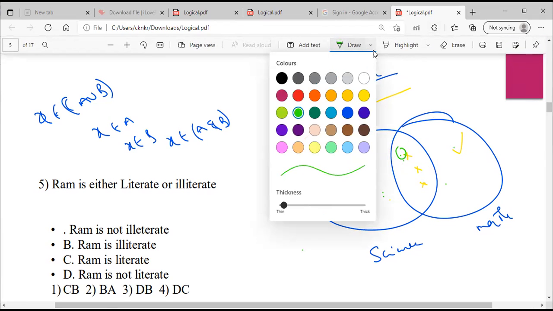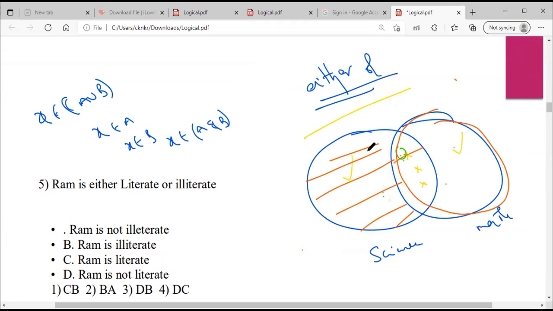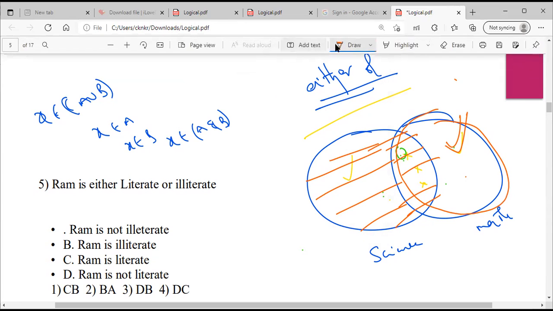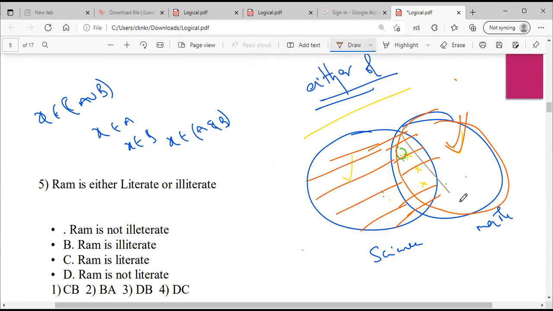Then how do I arrive at a conclusion? I can arrive at a conclusion in this way. If the management says that your nephew doesn't belong to science, the only option I have is math. If he doesn't belong to science, the only option is math, only math. If they tell me that he doesn't belong to math, the only option is